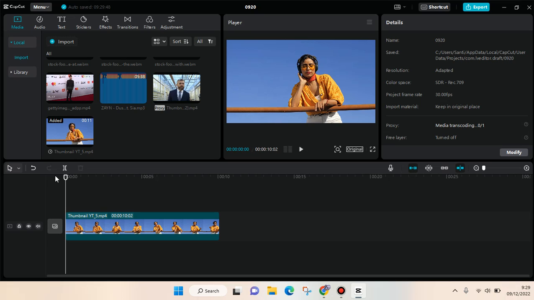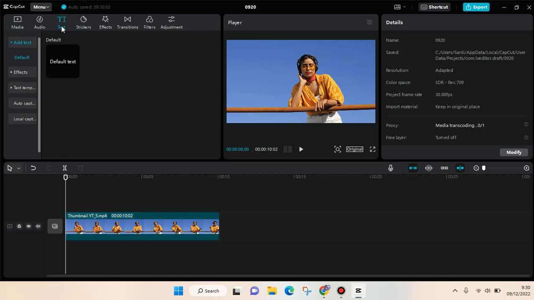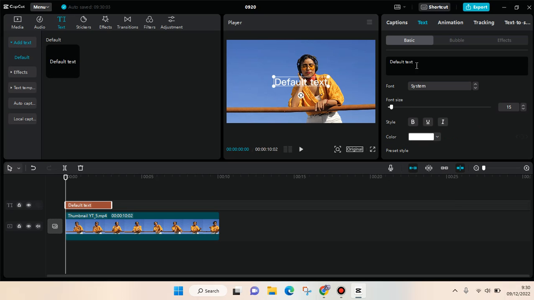On today's tutorial, I'm going to show you how to make a moving text in CapCut PC. So I've already added a video and I'm going to just start by adding the text in the video. Click on the plus icon and then here I'm going to just add text in here. Then I'm going to place the text first in here. And then after that, I'm going to